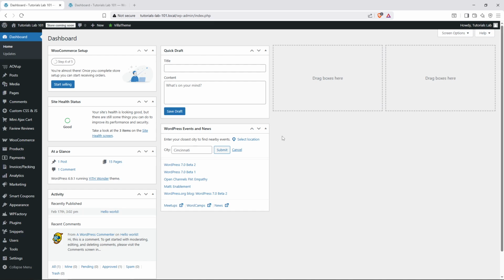First, open up your browser and navigate to WordPress.com. Once you're on the site, you'll need to log into your account if you haven't already done so. This will give you access to your WordPress dashboard where all your WooCommerce settings and products are managed. Make sure you're using the correct credentials associated with your online store to ensure you can access all the necessary